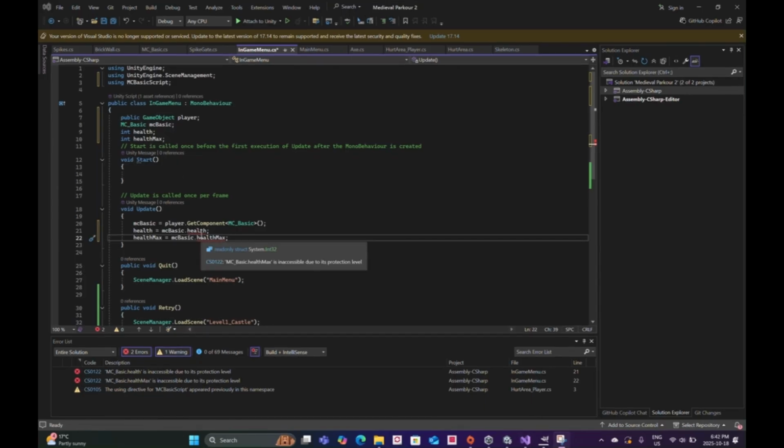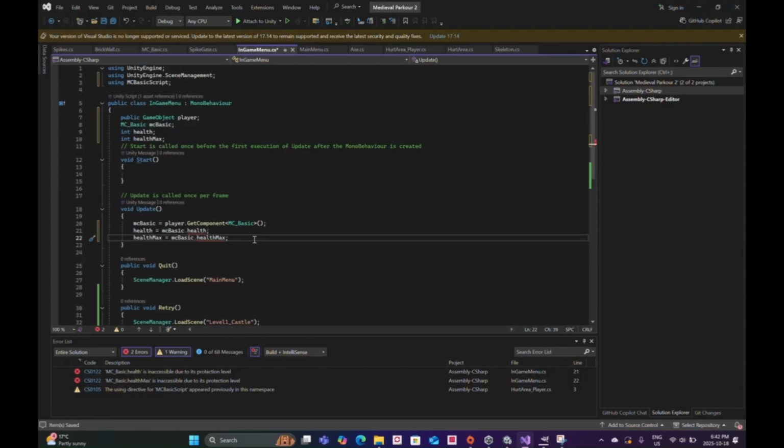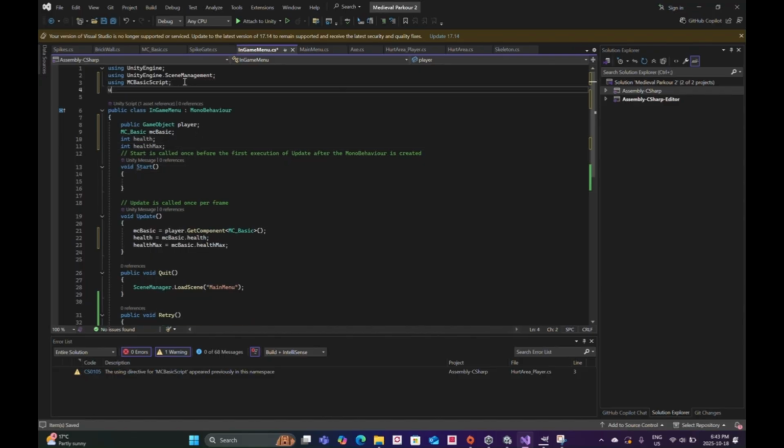The reason why I have an error message here with these red underlines is because I need to go back into the player and make these variables public. Compile that, back into in-game menu script. There you go, it's disappeared. And I need to do using UnityEngine.UI,